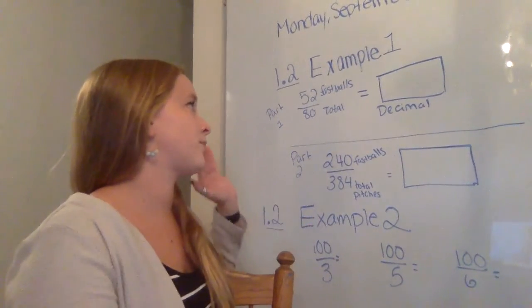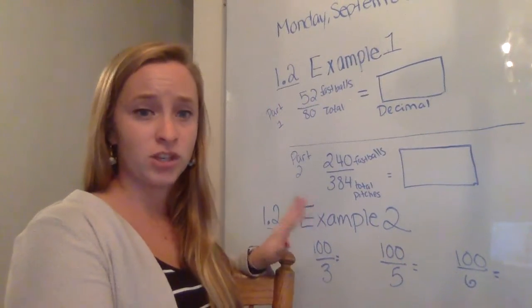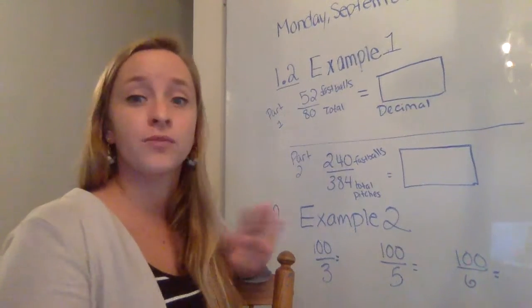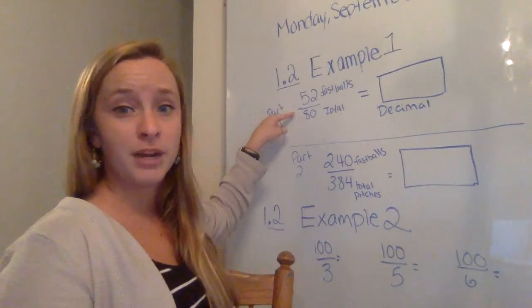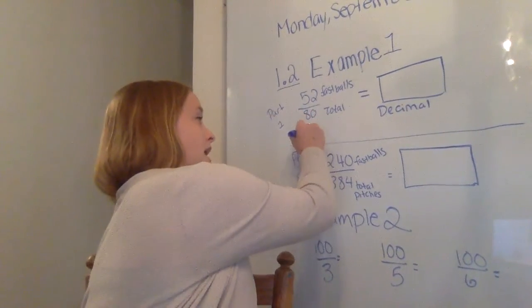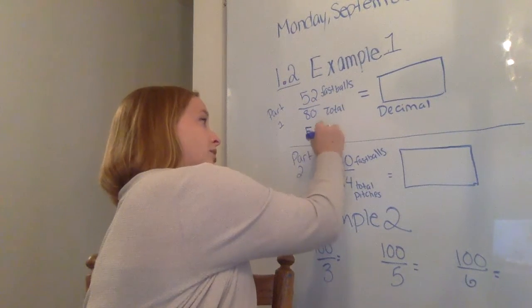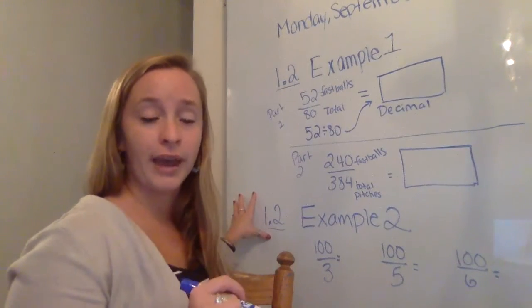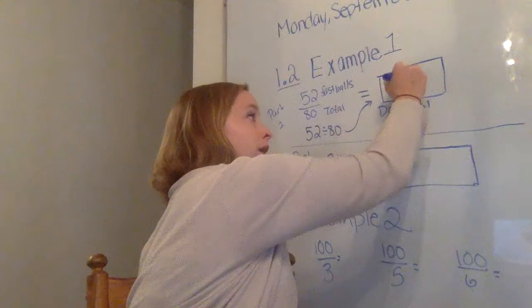So we talked about the fact that talking about 52 80ths of pitches sounds like a lot of work, okay? So what we did was we practiced converting. I divided my numerator by my denominator. So what I did math-wise today, I did 52 divided by 80 on my calculator, and that gave me a decimal answer. My decimal answer for today was 0.65,